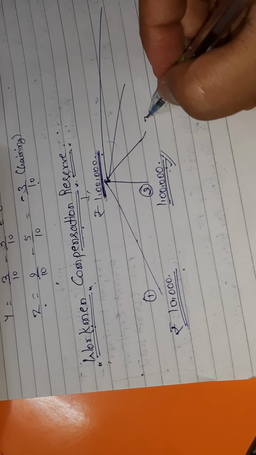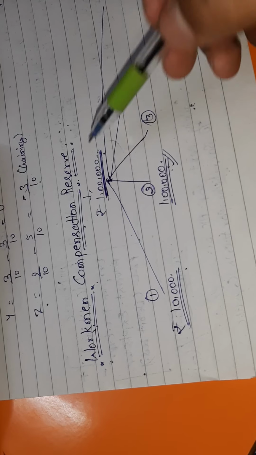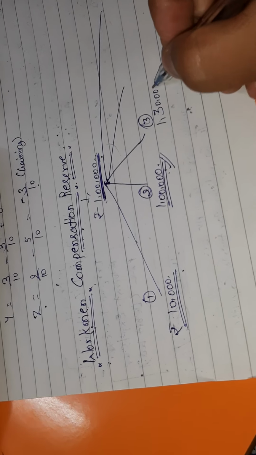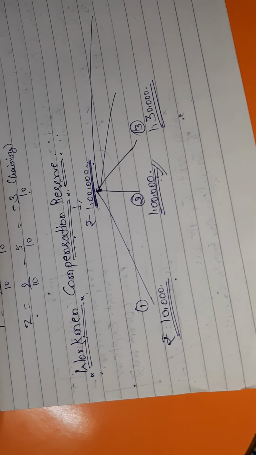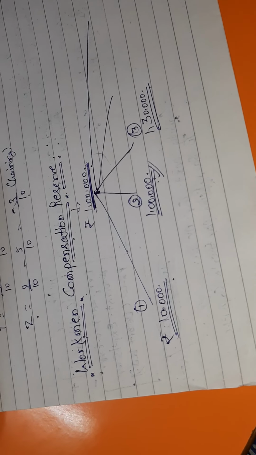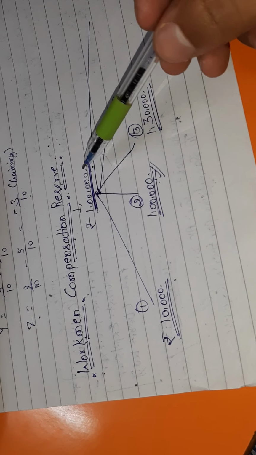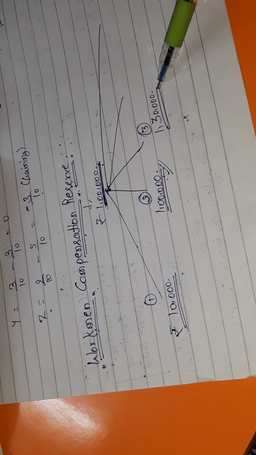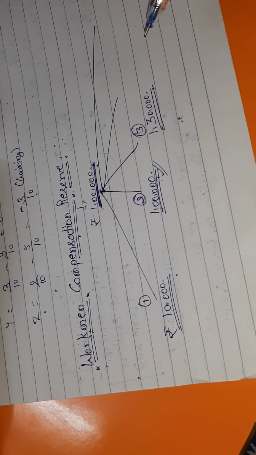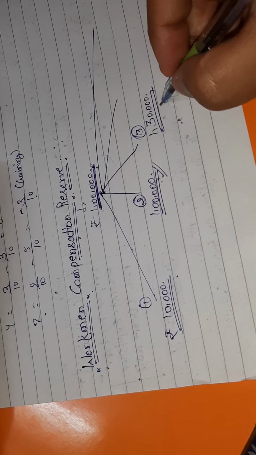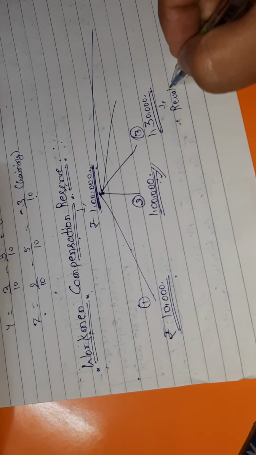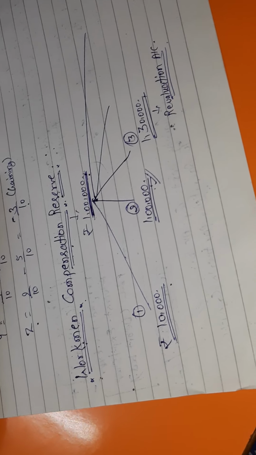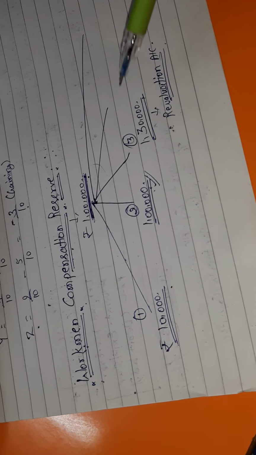Third condition, suppose we have a reserve of 1 lakh and we have to pay 1,30,000 as a claim. Means the workers claim from us rupees 1,30,000. So in this case, how much do we have? Only 1 lakh. And how much do we have to pay? 1,30,000. So there is a shortage of 30,000. That 30,000 will be adjusted through the revaluation account. कहाँ से adjust करेंगे? Revaluation account. Now what is the revaluation account? This thing I will tell you later on.